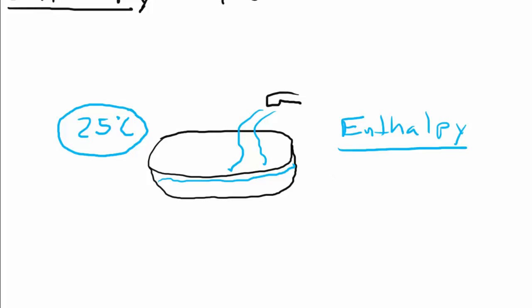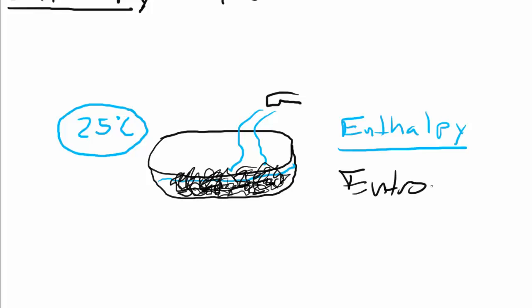Now, when you think about the entropy inside of this bathtub, imagine what you have. You've got water molecules, and they're not really locked in place. They're kind of touching, but they're all just randomly, chaotically moving around in here, just all over the place. When you add more water to that, you don't really change what's going on inside of there. They're still moving around in the same random, chaotic way. They don't become more or less disorganized. So the entropy of that water, when you add more of it, doesn't really change at all.